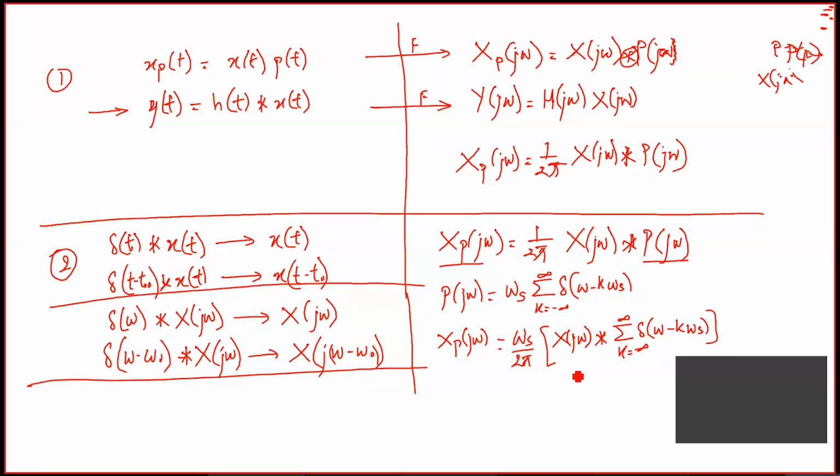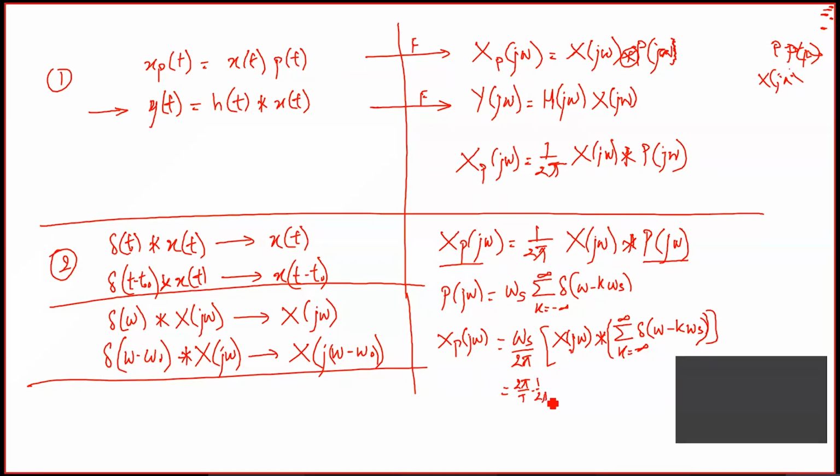Now you can expand this whole thing that you have right here. We could have written it in expanded shape also. So these are just a sum of impulses. Now X(jω) convolved with an impulse will give you the same thing back. Convolved with a shifted impulse will give you a shifted version of this. And this ω_s we know is just 2π over T. So if we just write ω_s as 2π over T and have this 1 over 2π with it,